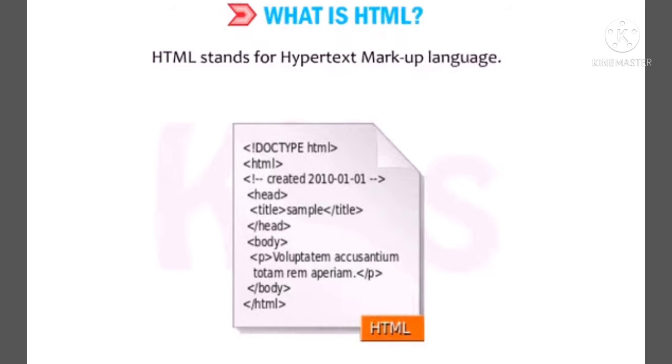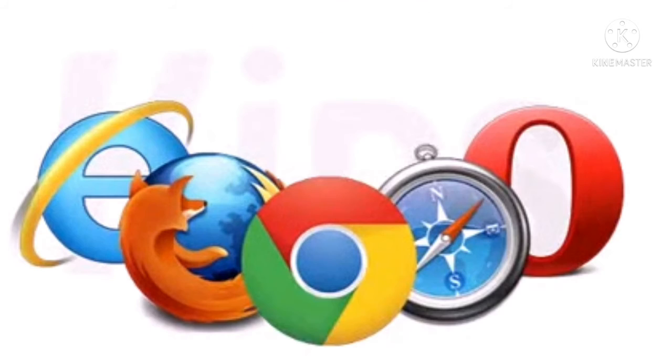Yes, it stands for Hypertext Markup Language. It allows the user to create web pages. It is a complete code package through which we can create web pages. And do you know all the web browsers are designed to understand and interpret this language?